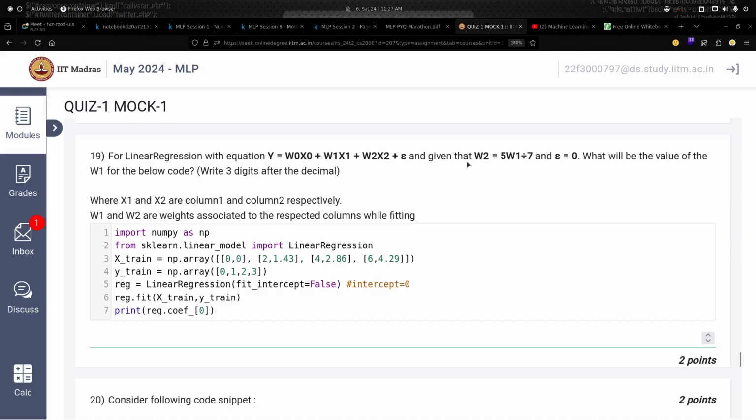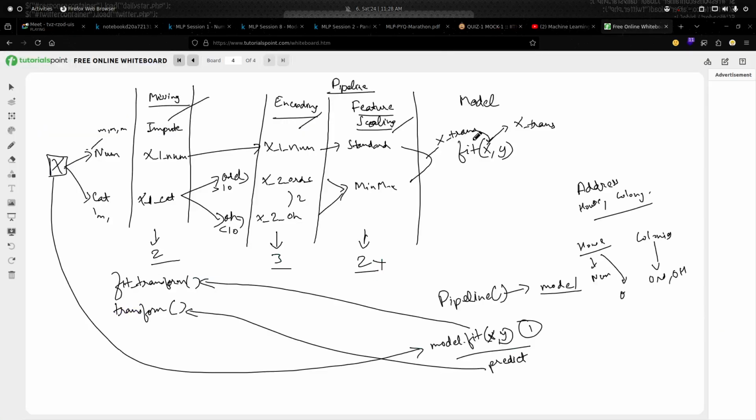Yeah, here we have a simple equation. First of all, we can ignore this one. This is from the MLT stuff, the formula. Why can we ignore this one? Because in the information given to us, we have two columns, x1 and x2, okay. So we can ignore this parameter. This is an additional parameter, like an additional dummy column we create, okay. You can ignore this. We have this final equation, okay, let me write it.